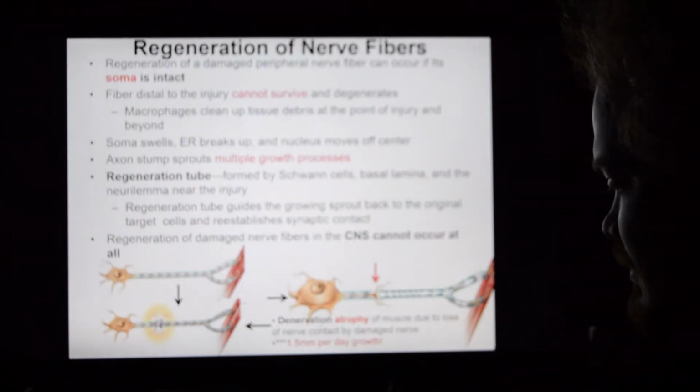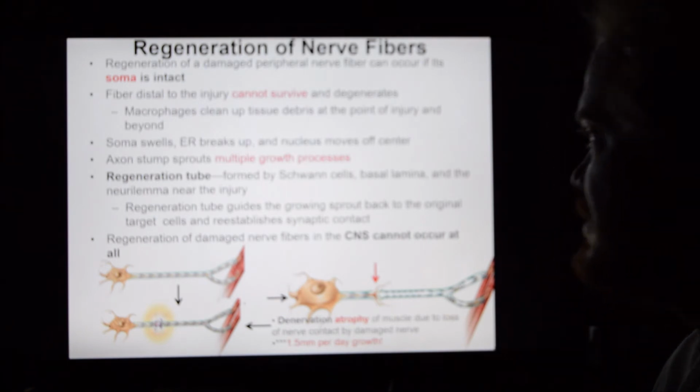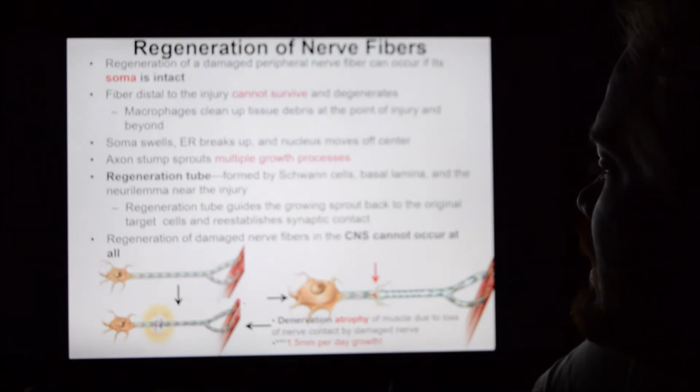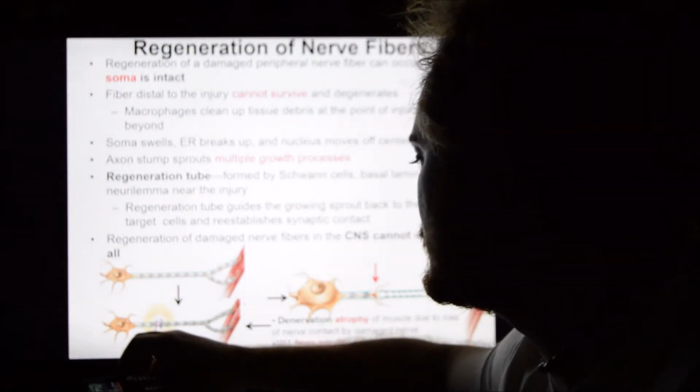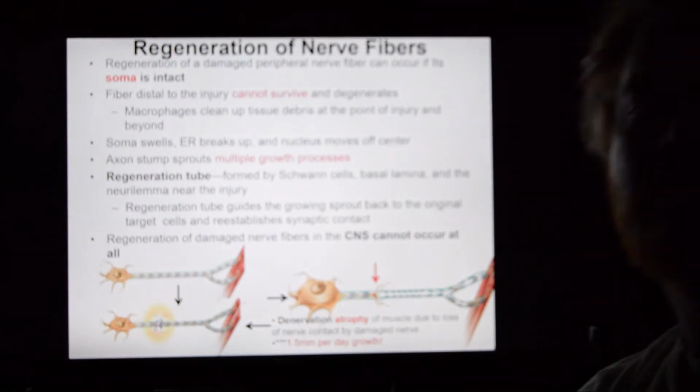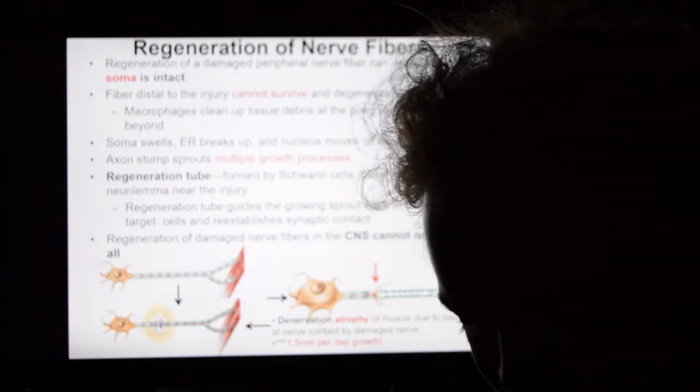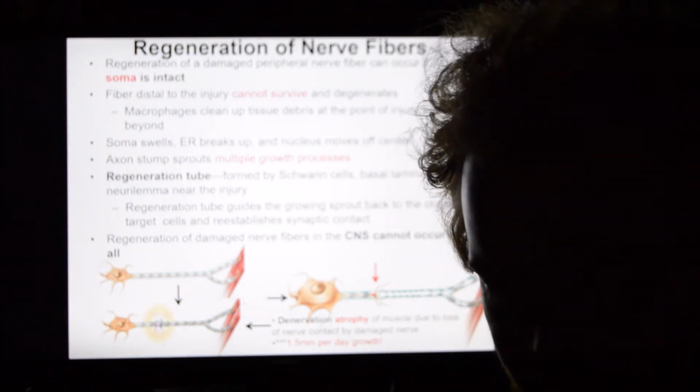And let's have a little bit of a conversation on regeneration of nerve fibers. The main thing I want to get across to you here is that for you to heal...